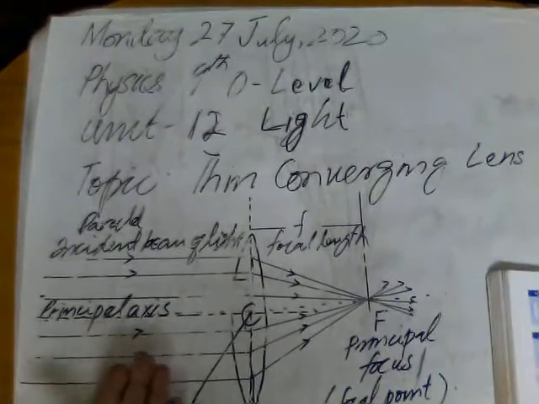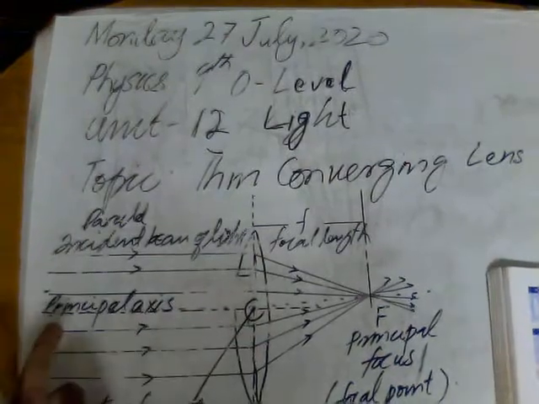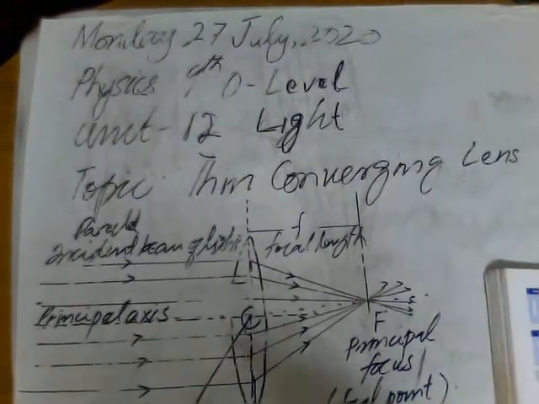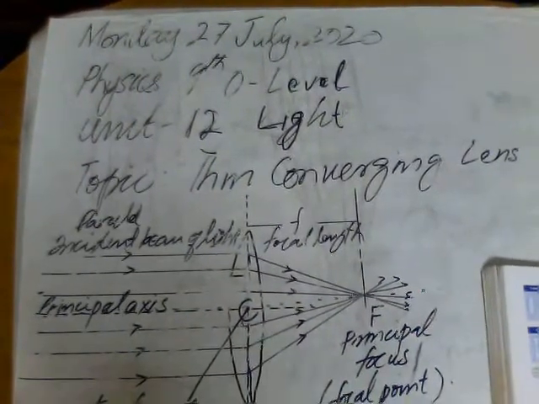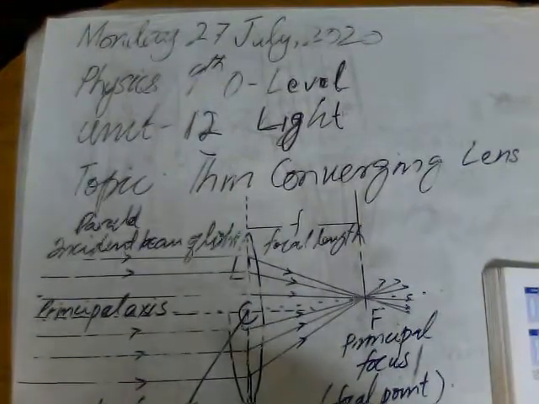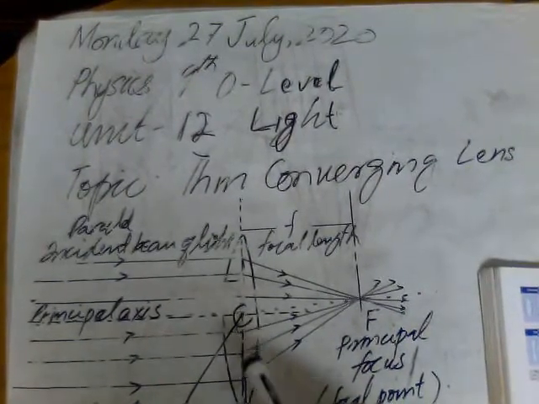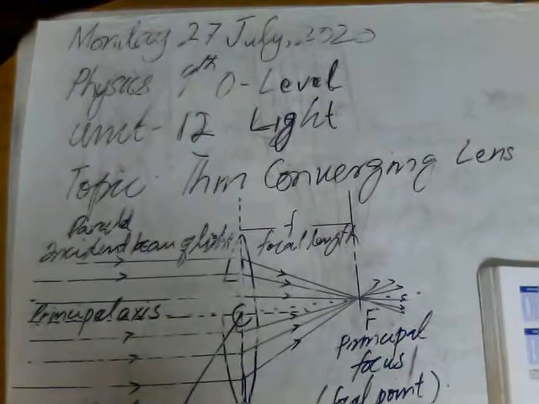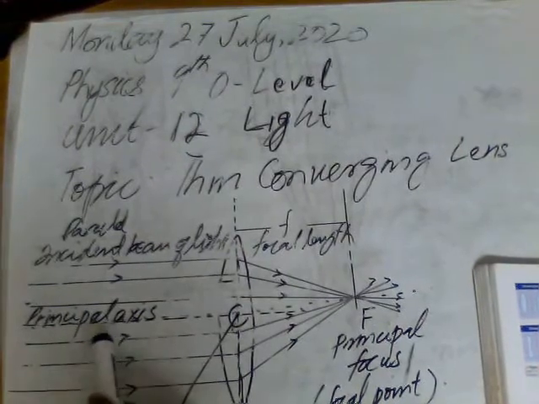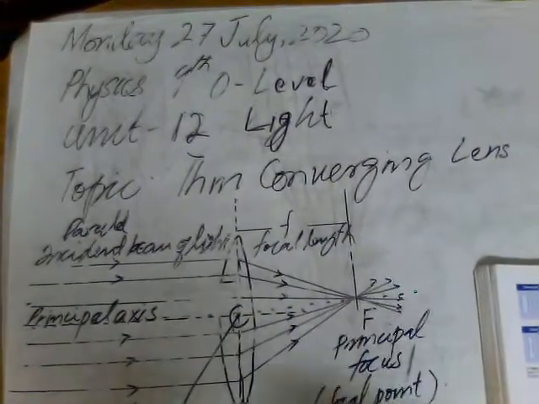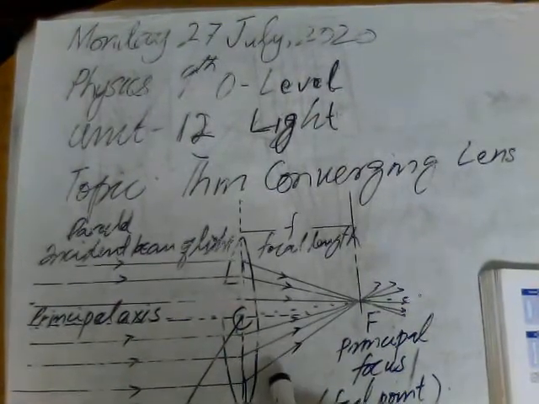When a parallel beam of light, parallel to the principal axis, passes through the lens, this imaginary line passes through a point called the optical center, the center of the spherical convex lens or converging lens. This center is represented by C and we call it the optical center. The imaginary line shown by the dotted line passes through the center of curvature of the lens.